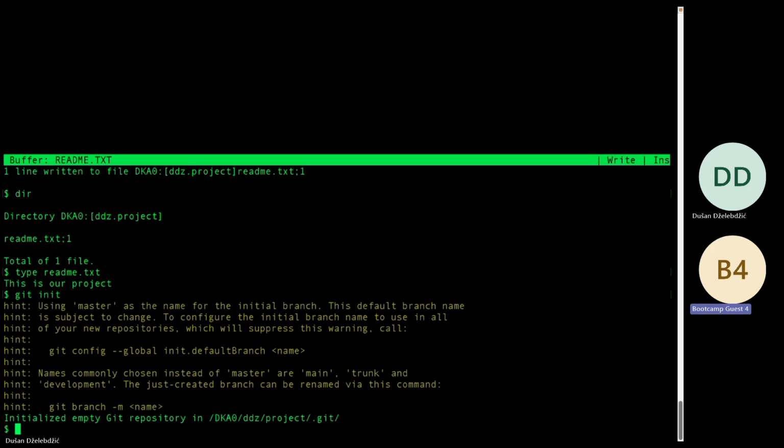So you could call it master, you could call it trunk, you can call it main, you can call it production. For dev branches, you can call it dev, you can call it broken, you can create a feature branch that's named by your ticket ID, that's named by the name of the feature with the dashes in between. So as far as Git is concerned, it doesn't really care what the name of your branch is. It's up to the user of Git to devise a strategy of how the branches will be done. And this warning that we got is just that the only default that we had was that the main branch was called master, and now it's going to be called main. We initialized a repository, and if we do git